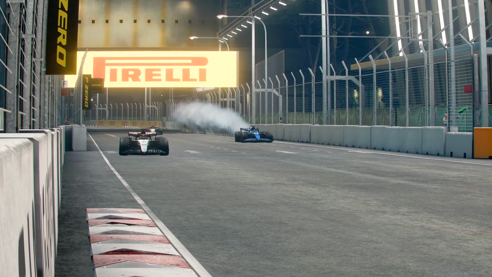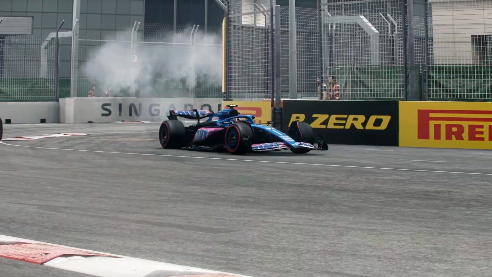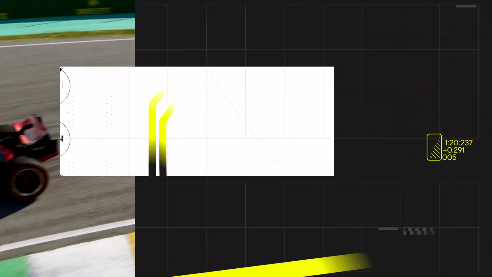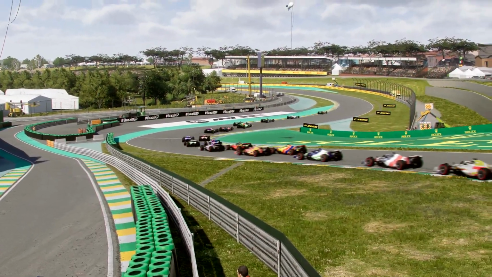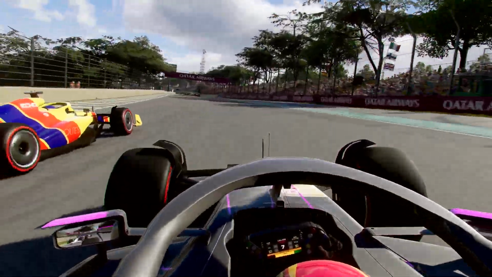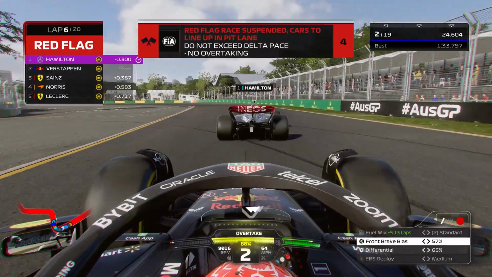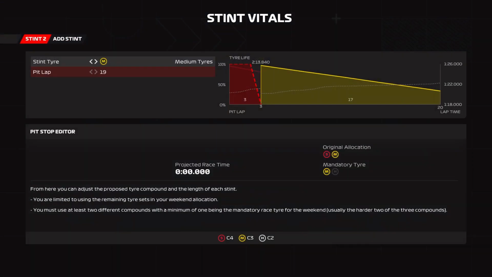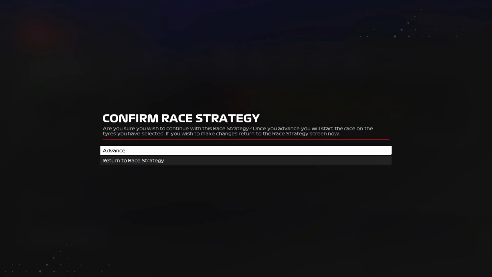A variety of things can trigger a red flag, like debris on track, cars stopping on track, extreme wet conditions, and more. AI cars can initiate red flags as a result of racing incidents, but they're more likely during a multiplayer event when users are racing wheel-to-wheel. The new red flag feature also adds a new strategy element to race day. Under a red flag, you're allowed to adjust your race strategy, fit new tyres, and repair some damage, just like